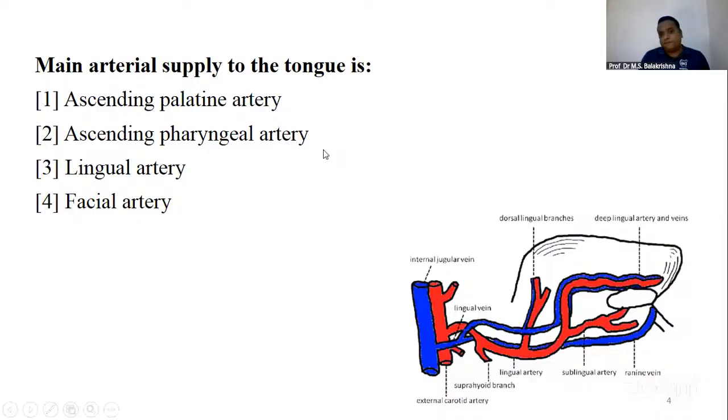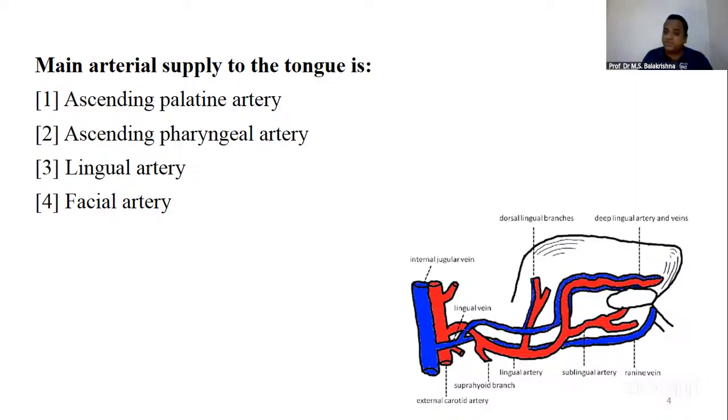Next question. The main arterial supply of the tongue. Okay, so the tongue is in your mouth, and we know that the external carotid artery supplies head and neck. So basically, some of the 8 branches of the external carotid artery only have to supply the tongue. So external carotid artery 8. Now you have to be more specific. Ascending palatine, ascending pharyngeal, lingual, facial. So the second, third, and fourth options are all branches of the external carotid artery. But here it's clearly evident, the main arterial supply of the tongue is